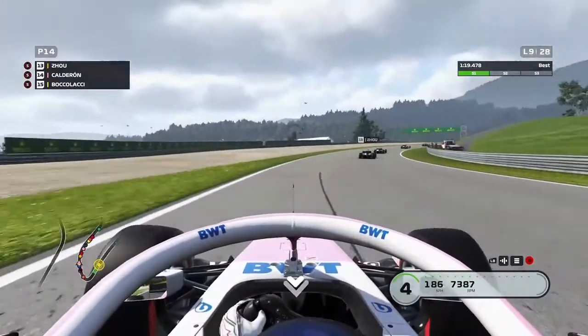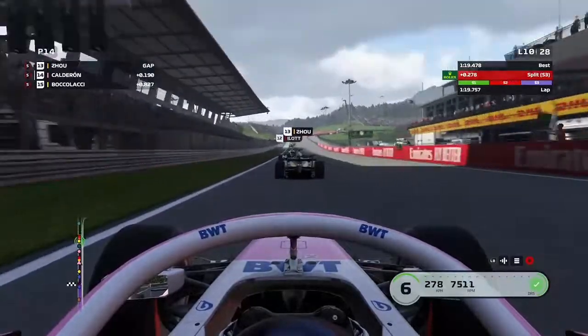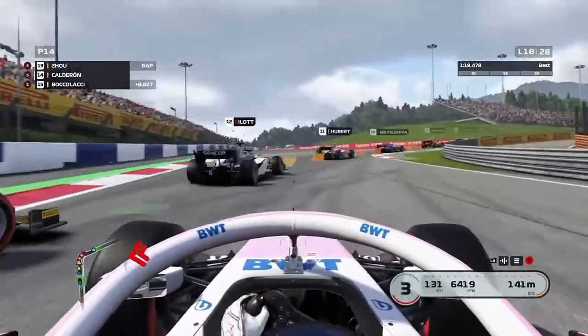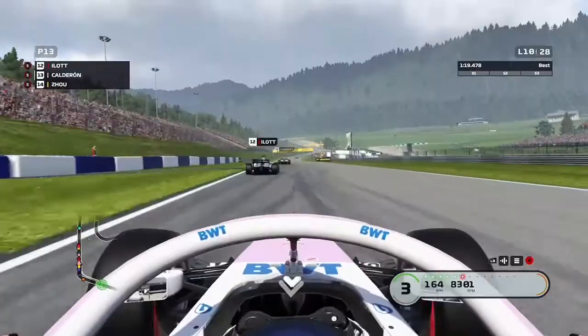So now we can focus on Guan Yu Zhou up ahead. We've got the DRS heading towards the first corner, and we're going to send one to the inside, and we will get that move done quite nicely there. Next up is